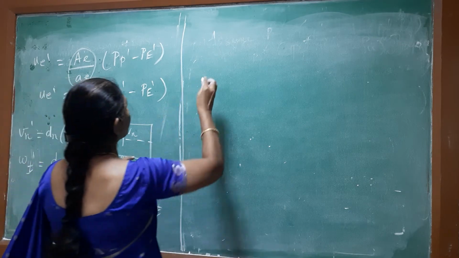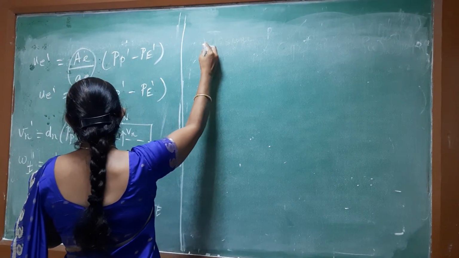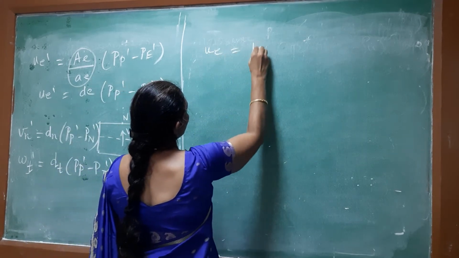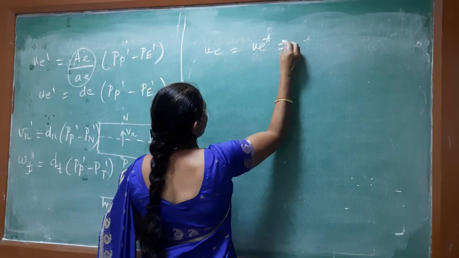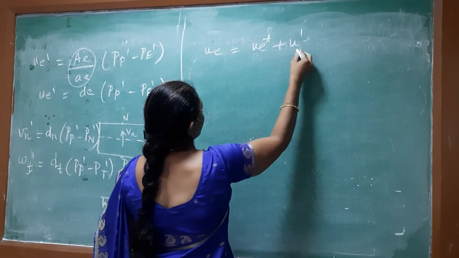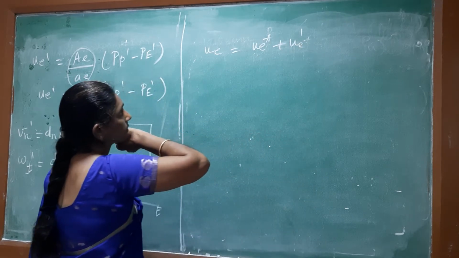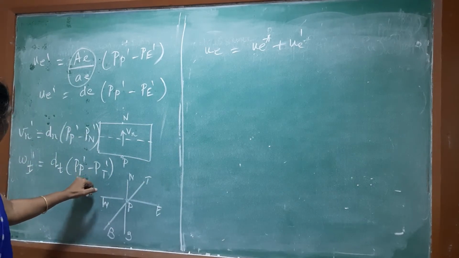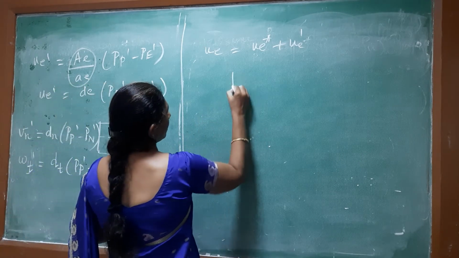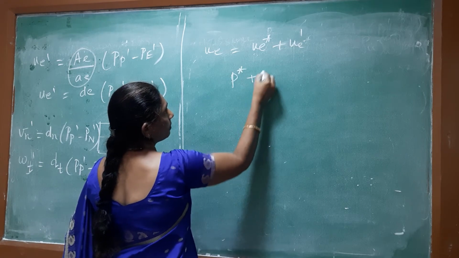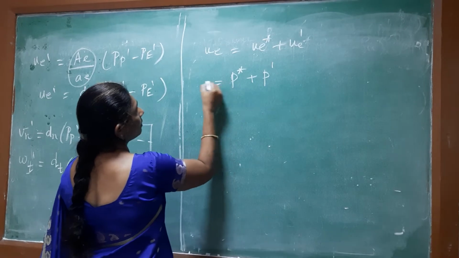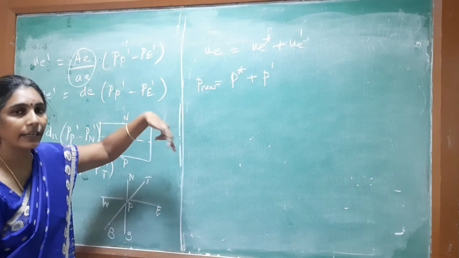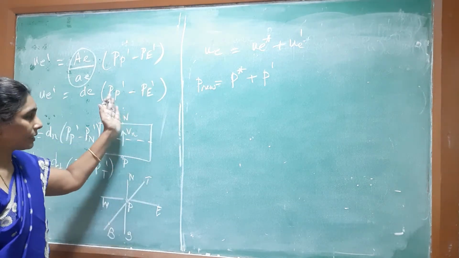Okay, so UE will be UE star plus U corrected value, that is UE corrected value. Now this P star we have attained, right? Your guessed value plus corrected value will give the new pressure value, right? Now with this new pressure value, again we'll have to calculate the velocity, that is u, v and w.